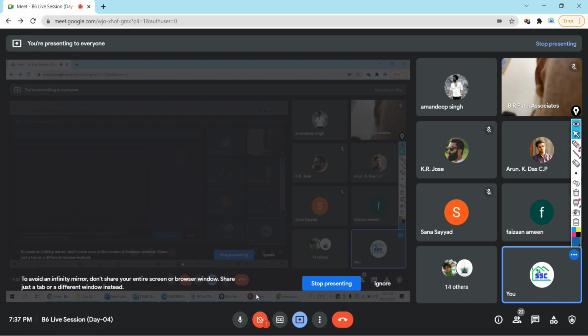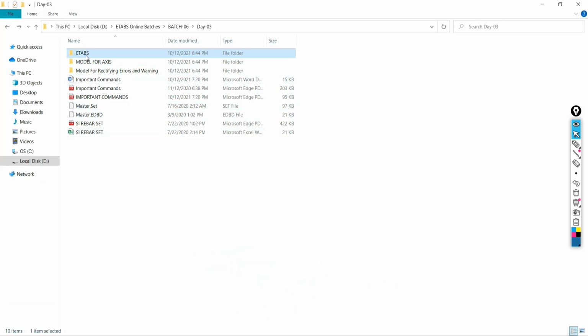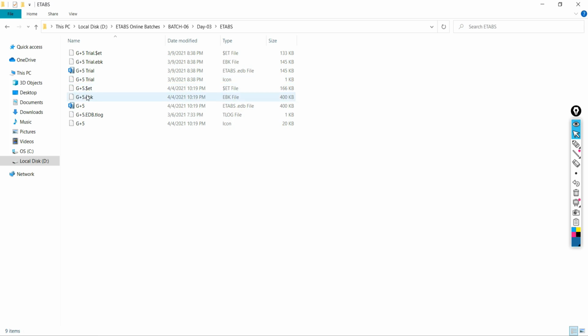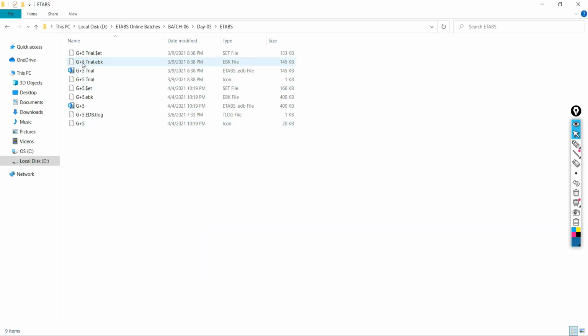Whenever you are going to create your structure model in the ETAP software, and when you save this file to your required location, ETAB is going to save a number of files. Let me show you. Actually, the operation is one, the model is one, but when you save this file, on the back end it is going to save a number of files. Out of which, what are the most important file formats that will help you to work with?